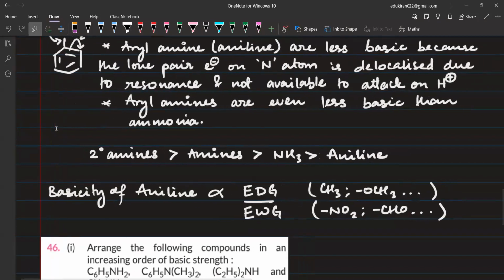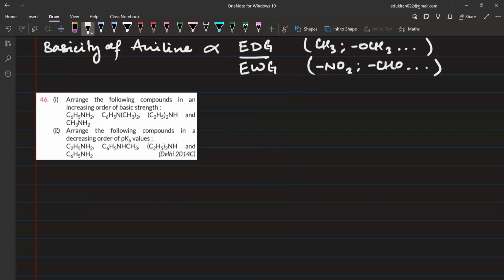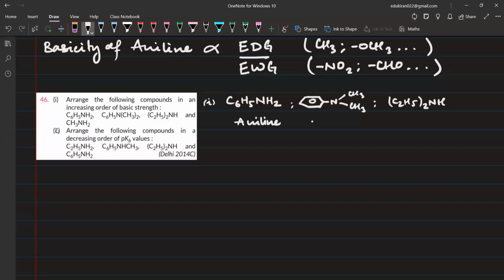सवाल लिखा आप लोगों ने? Yes. Arrange the following in increasing order of their basic strength, है ना। सबसे पहला क्या है हमारे पास? फर्स्ट नंबर में वी हैव C6H5NH2 जो कि है एनिलीन, ठीक है। देन वी हैव C6H5N(CH3)2, ठीक है। That means we have a benzene ring like this, जिसमें we have nitrogen and this nitrogen has 2 CH3 groups, ठीक। So this is still aniline but इसमें CH3 लगा हुआ है, aniline having 2 CH3 groups, है ना। उसके बाद है आपके पास (C2H5)2NH, that means it is 2 डिग्री, ठीक है। इसके बाद कौन सा आएगा? CH3NH2, दिस इज 1 डिग्री, ठीक है।